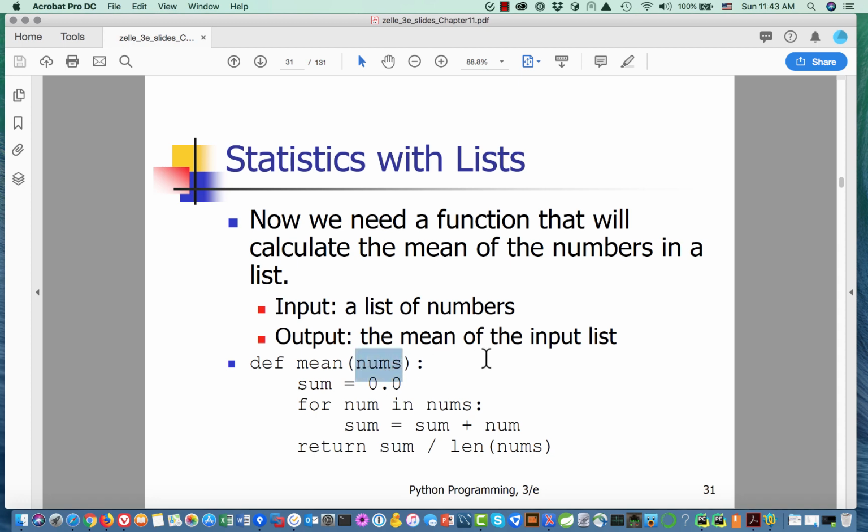We're expecting to get a list. Okay, so what are we going to do? Well, we're going to accumulate the sum. So we set the sum equal to 0, and then we do a for in, and we accumulate the sum,